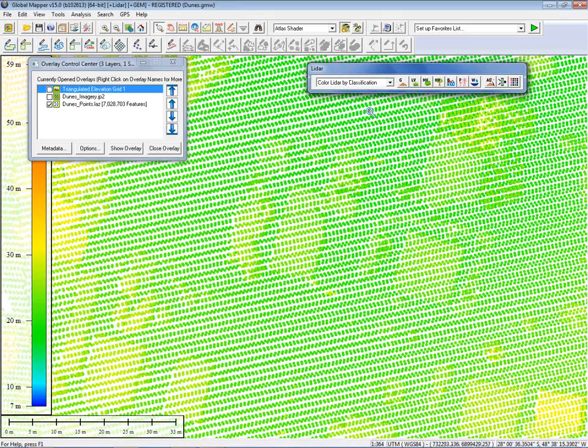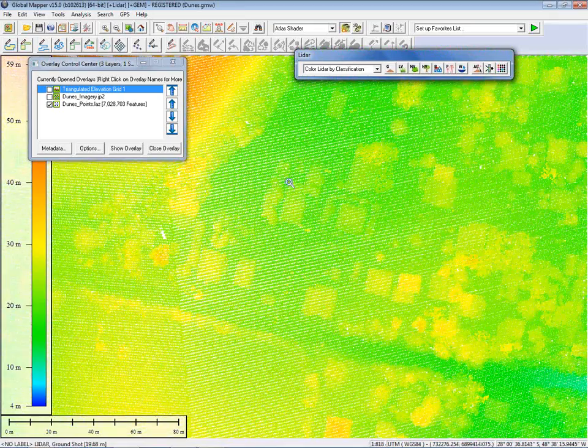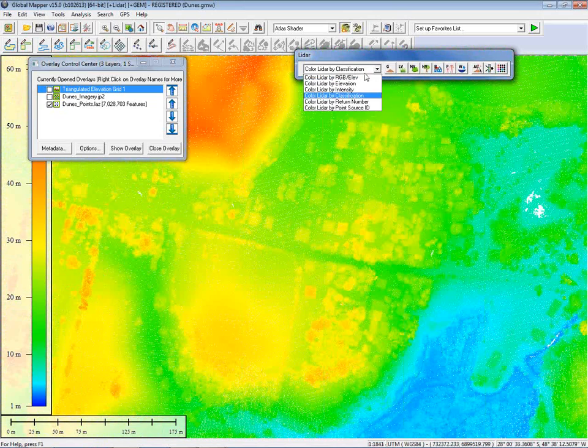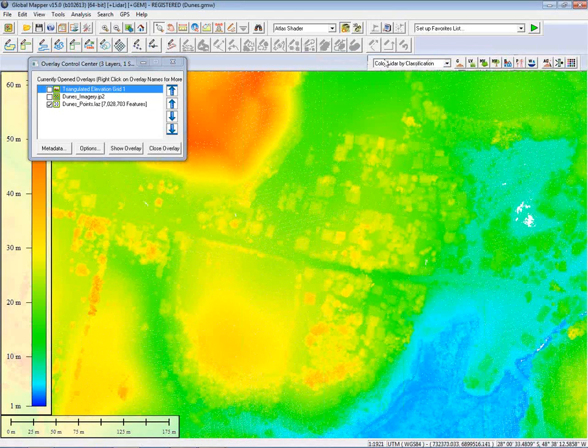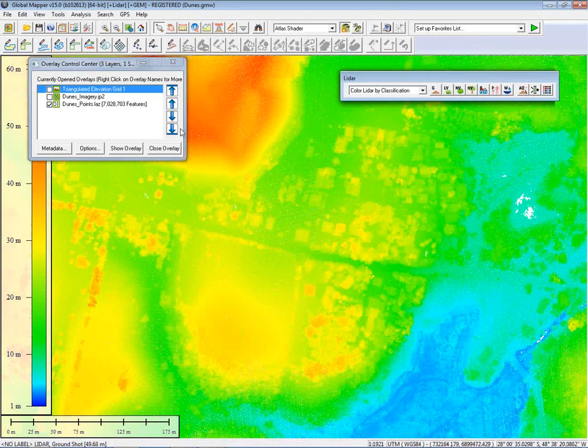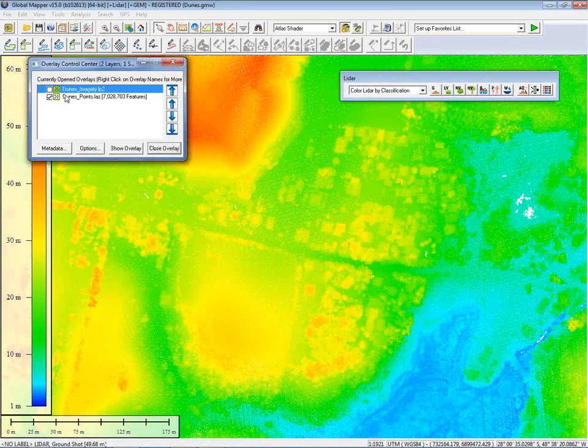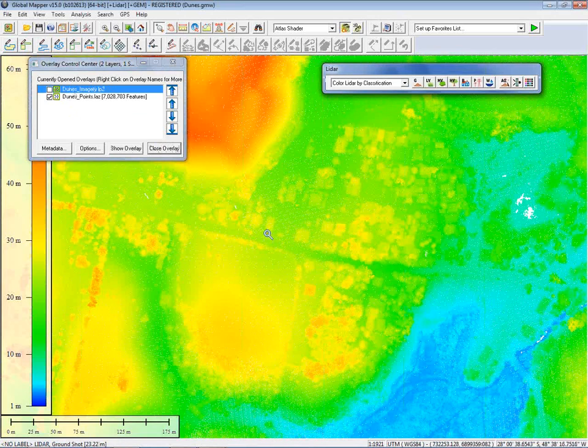I am going to change the visualization of this data to be by classification. And let's try that one more time. I'm not quite sure why it's not taking here. Things are a little slow in responding. Hopefully eventually it will. Let me remove my elevation grid. I'm going to close your elevation grid. We'll proceed anyway with this analysis. I'm not quite sure why my classification visualization is not being applied, but we have the profiling tool in Global